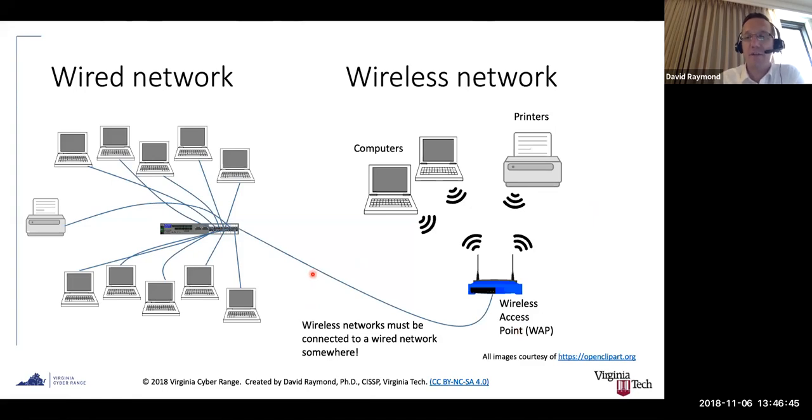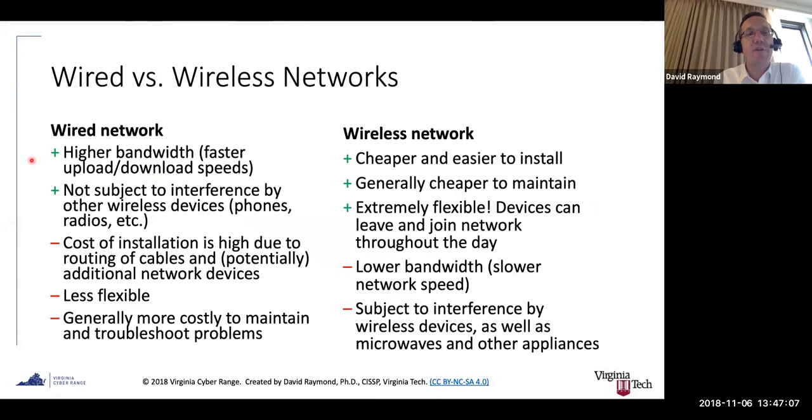So if you had a network like this, it wouldn't be a whole lot of use to you, because I guess this would allow everybody to print, but that's about it. You couldn't even send emails to each other in this network, unless one of these systems was an email server. But this is just a simple picture of a wired network and a wireless network. Probably too much explanation for it. So let's look at some pros and cons.